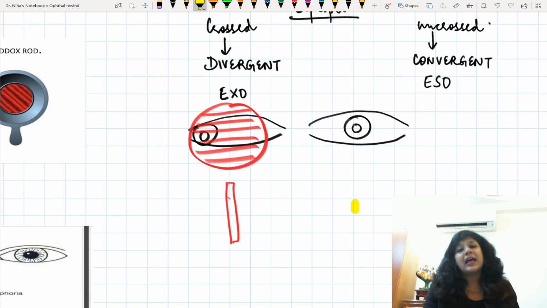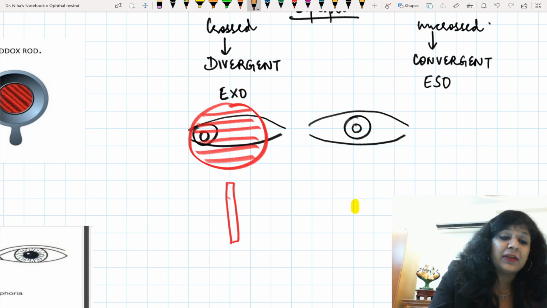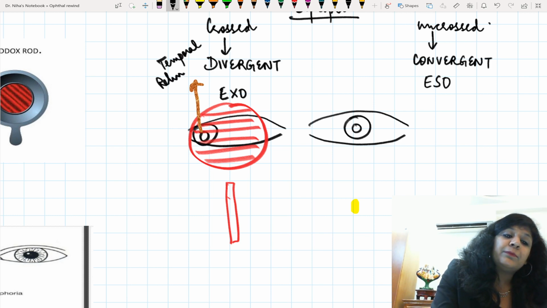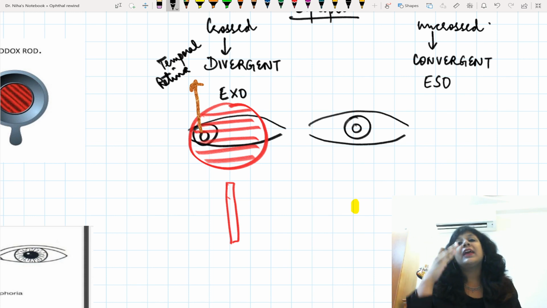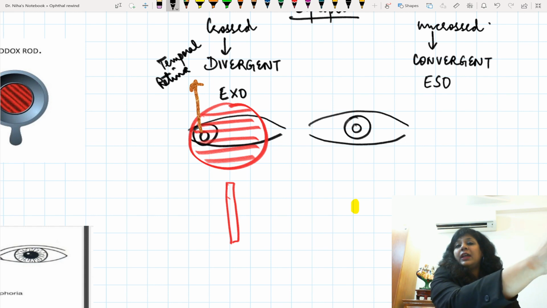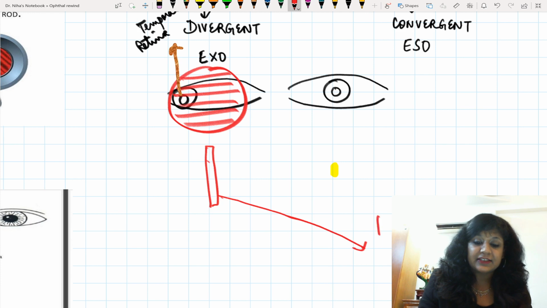Okay. Now what is happening? This eye which is having the divergent squint, where will the image fall? It is falling on the temporal retina, because the eye is deviated outside. So the image will be cast on the diagonally opposite field. Because the eye is deviated outward, it is stimulating the temporal retina, and the image will be formed on the nasal side. So this red line will be seen on the nasal side like this.